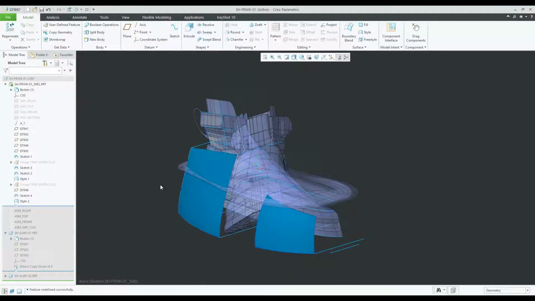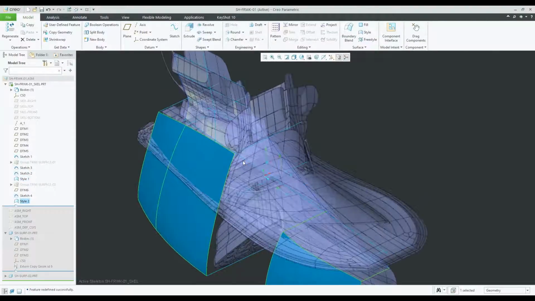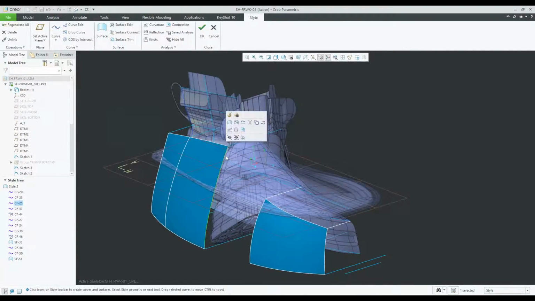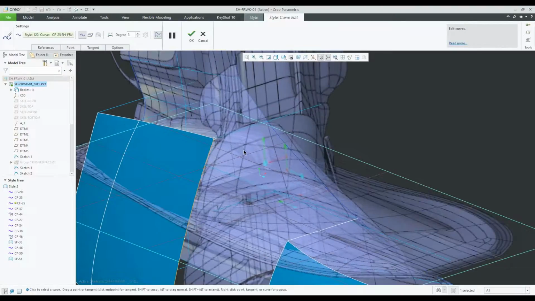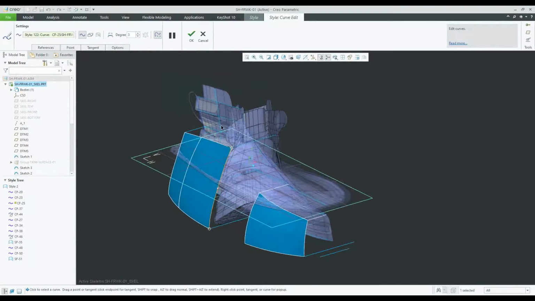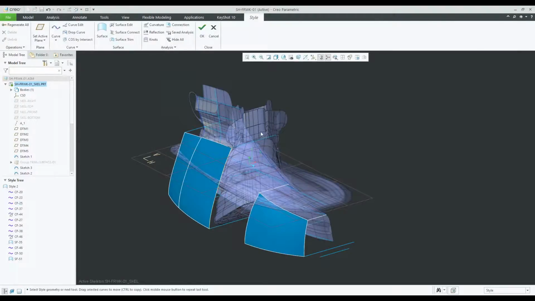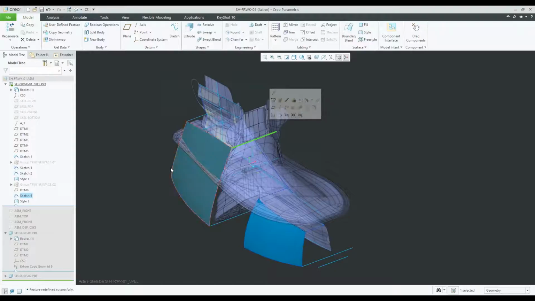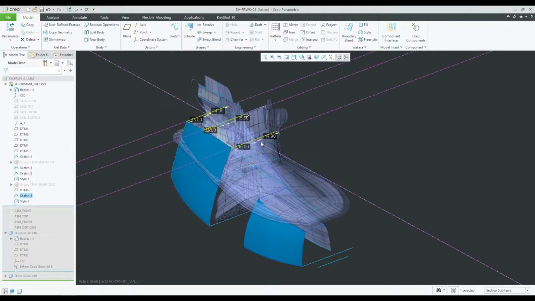So what we're seeing here is basically, if I go into style 2, for example, and we'll edit definition there, we basically have these different curves that I created, linked to the normal sketching framework. So what's cool about that is if I go outside of the style feature and I select sketch 4, for example,